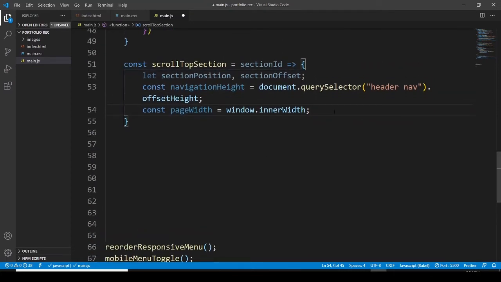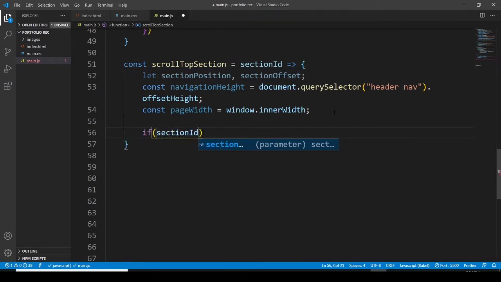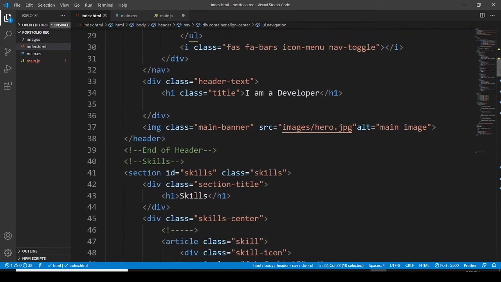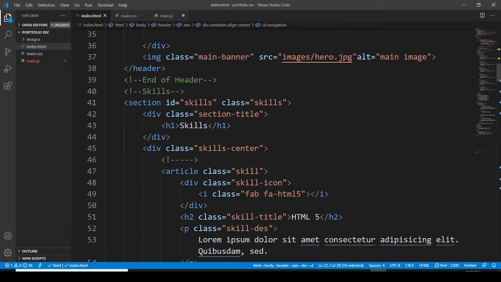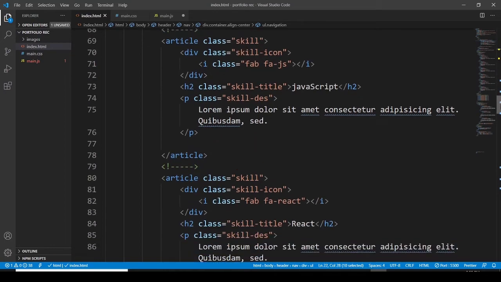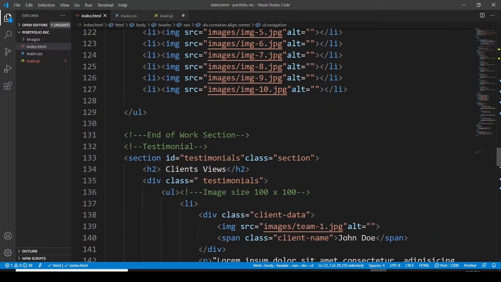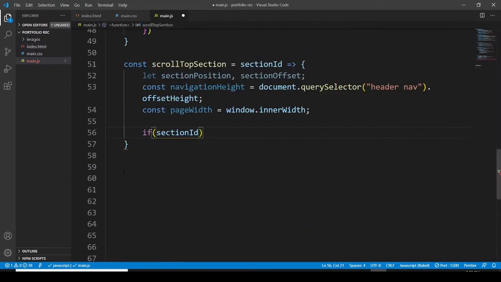And now let's apply some condition here. So if the section ID, let me explain again here, because I think that we have assigned the IDs to each section. Okay, the skills section has a skills ID, then the gallery section has a gallery ID, and a testimonial section has a testimonials ID. Okay, so what we are going to say is that if the section ID is not equal to ID, okay, then the section offset